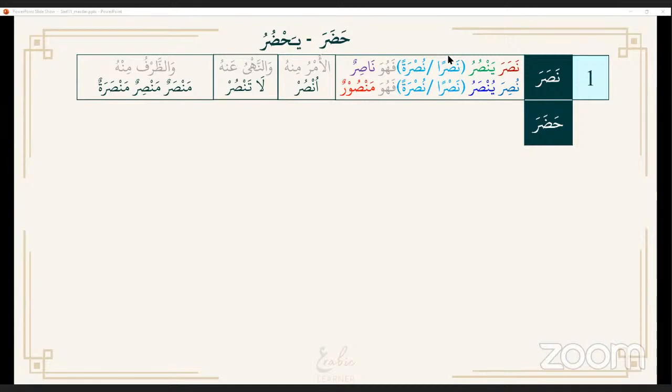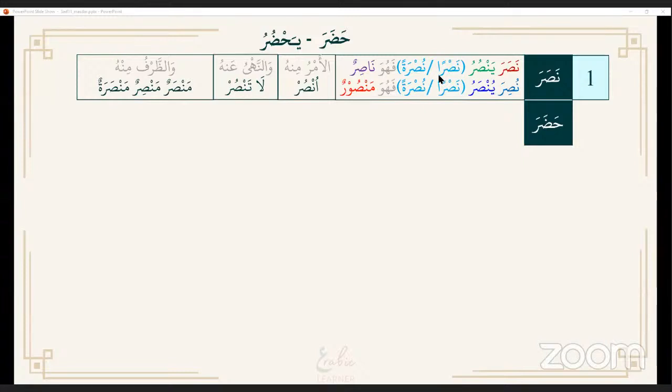Now I want to tell you one more thing. Normally in these phrases we write this in nasab, nasran. We are not saying nasrun, though actually it can be nasrun also. Always in masdar, when we are reading the bab, we say it in the mansub form: nasran, darban,